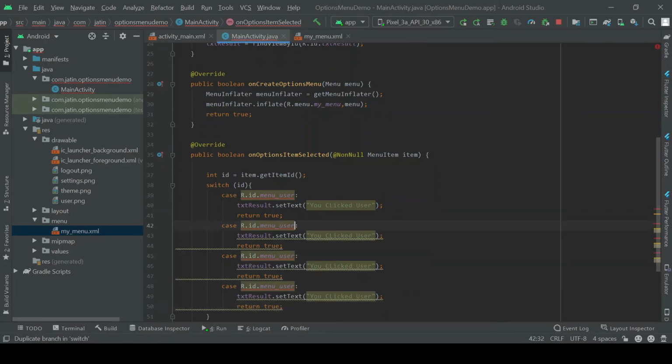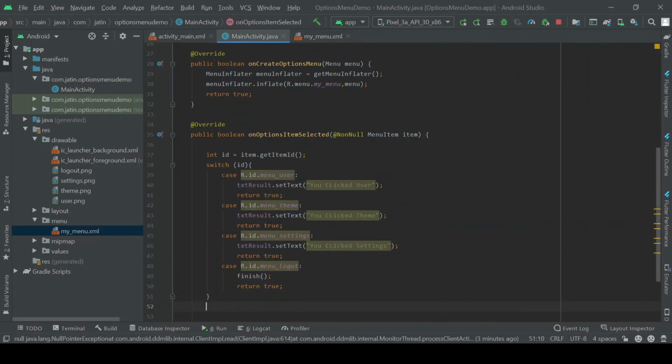We have user, then we have theme, "You clicked theme", then settings, "You clicked settings", and for the last one, that is logout, we don't need to display anything, we just want to exit. Simply finish this activity, that's all.